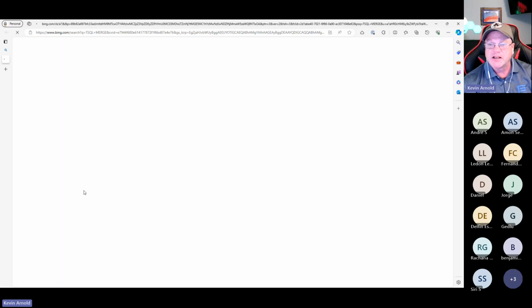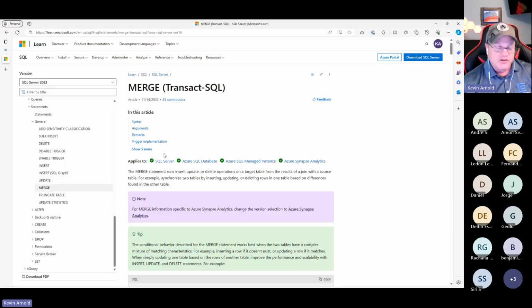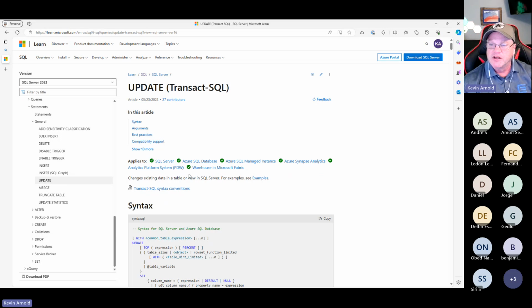And if we find the Learn documentation on that, you're going to see up here it has an applies to, and it tells you what it works for. And notice Microsoft Fabric is not mentioned here. We already saw it over on the other exclusion page, right? So that's to be expected here. If we go to insert, you can see here that it is calling out that it's supported in Microsoft Fabric.